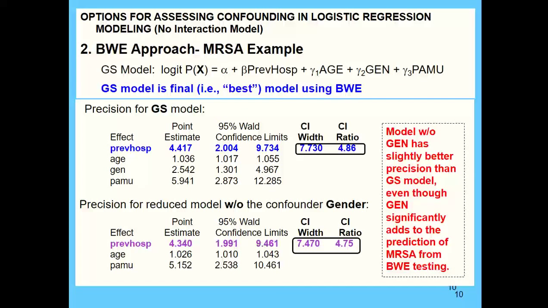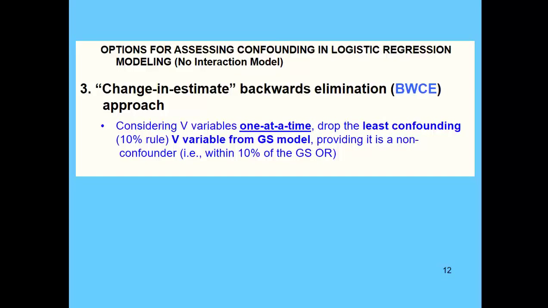Okay, I want to talk a little bit about that. So what it says is, considering, again, we're talking about the MRSA data set, although we're talking about it more generally. The MRSA data set had 3 V variables: age, gender, PAMU. Considering the V variables one at a time, drop the least confounding V variable from the gold standard model, using the 10% rule,